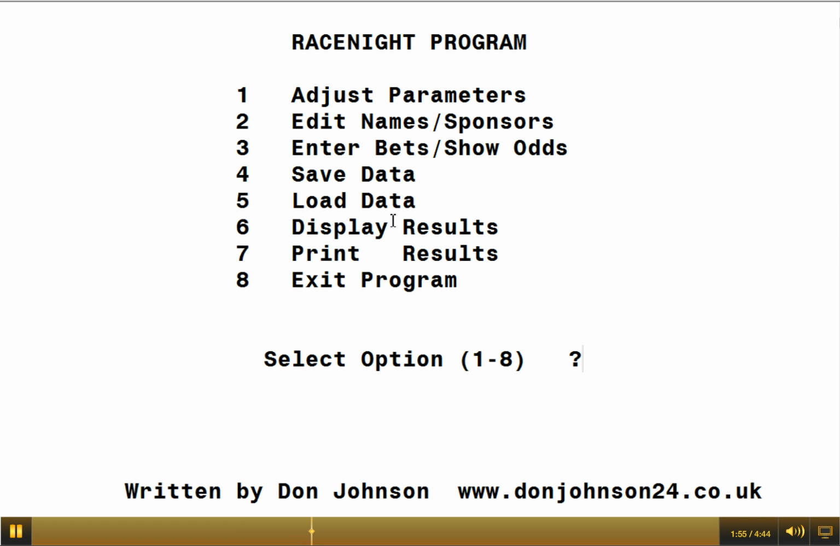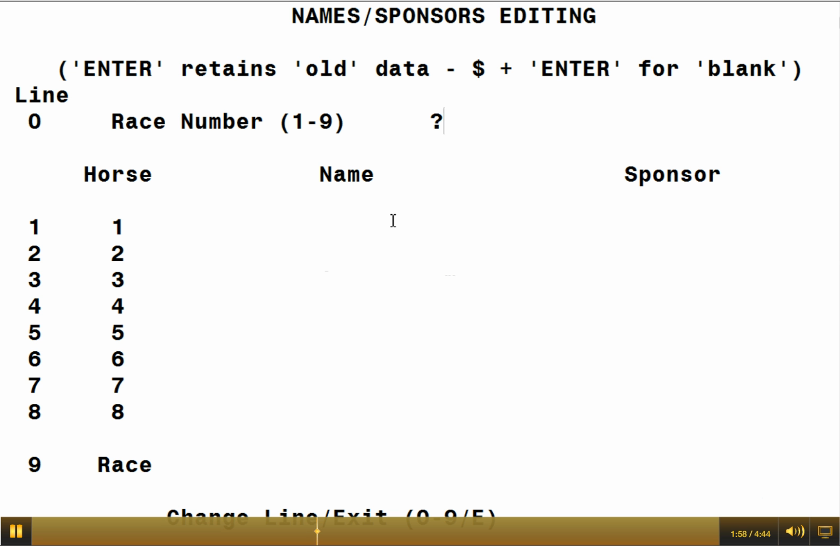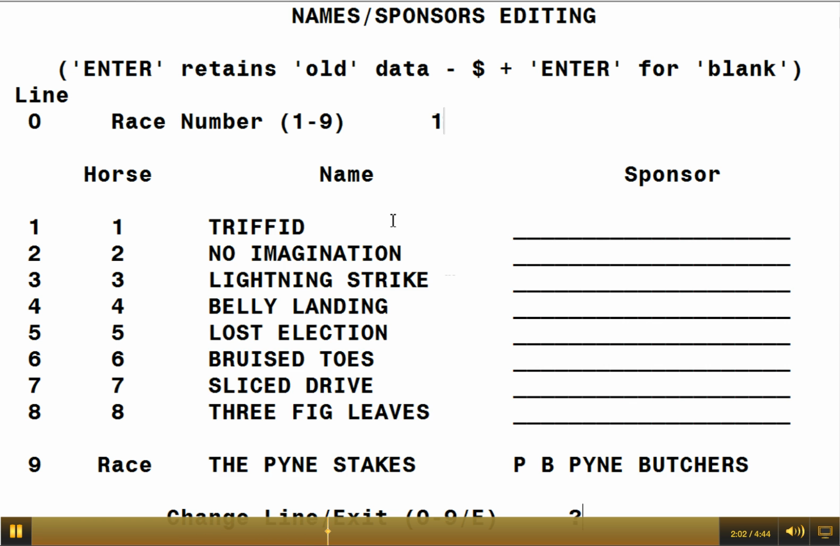Number 2 is where you edit the names and the sponsors. So if we go into race number 1, as at the moment you can see that there are 8 horses. They've all got names at the moment: Triffid, No Imagination, Lightning Strike, etc., but they have no sponsors. So down at the bottom you can change a line 0 to 9. Number 0 is actually the race number,